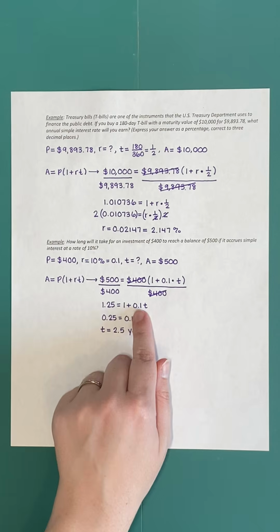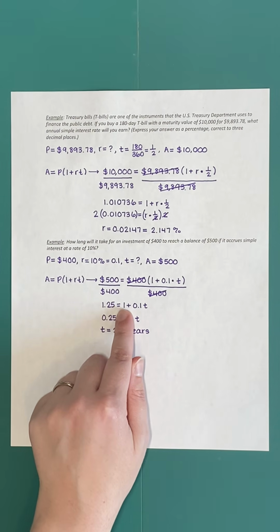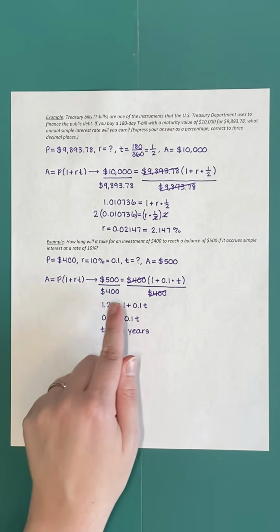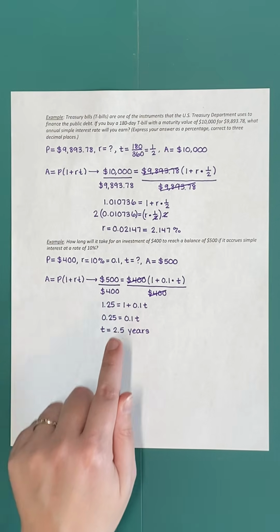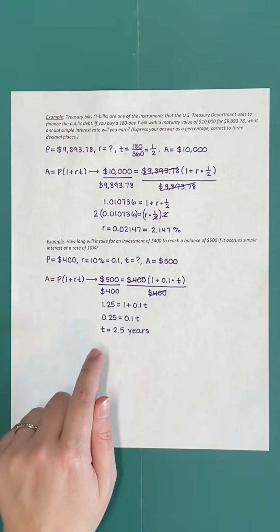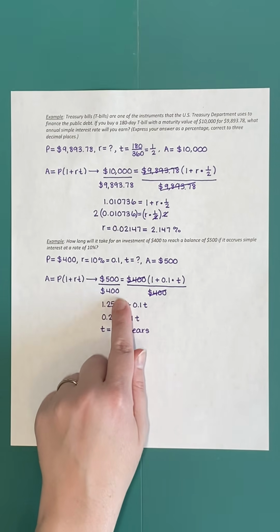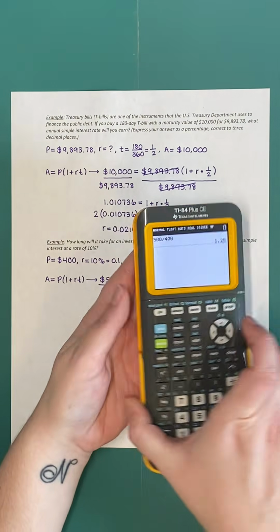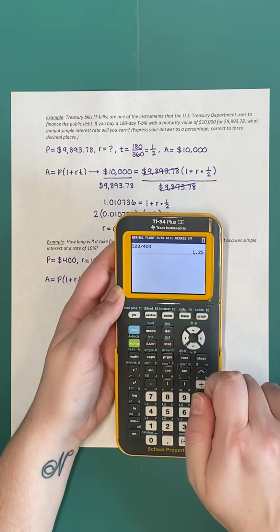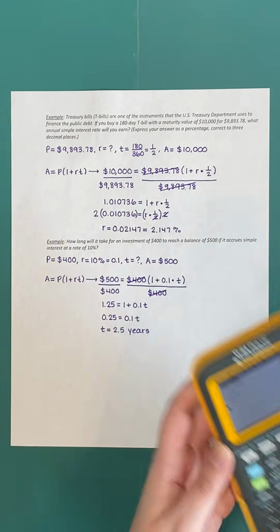Now we're still multiplying by 0.1 and we're still adding a 1 in that order. So that means we need to undo the operations in the opposite order. That means the 1 needs to go away first. So it was added, which means we have to subtract it to move it over. So if we subtract a 1 on the right, that just eliminates this term. Then we also have to subtract it on the left. So again, we've got that preliminary total, just subtract 1 directly from that, and that's going to give us 0.25